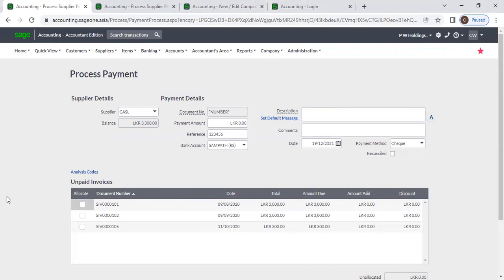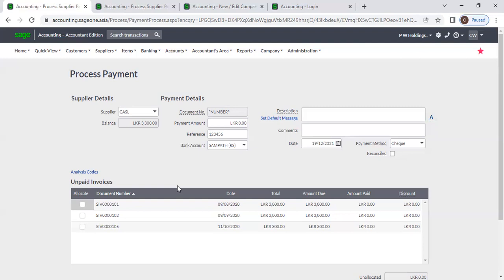So how do we handle multiple payment methods, like one invoice in cash and maybe the rest of the invoices in checks? Okay, in that case, we need to enter two payment vouchers. From one payment, you can select multiple invoices. However, from one payment method, you can select only one invoice. So if you are using different payment methods, you need to enter different transactions,